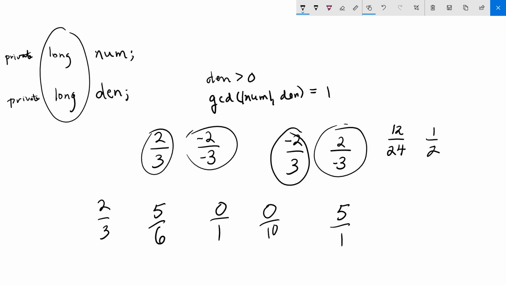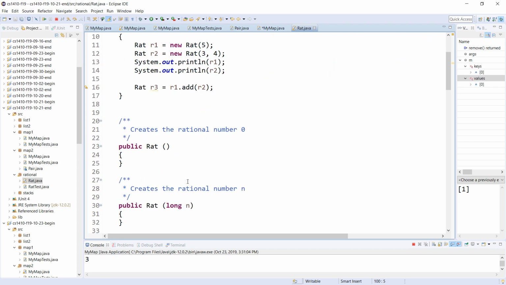Okay, so we would need to put these constraints into the comments. And I don't have time to do that. I have time to do very little, but I do have 6 minutes. So I'll add that after class. So back to here, we're going to have